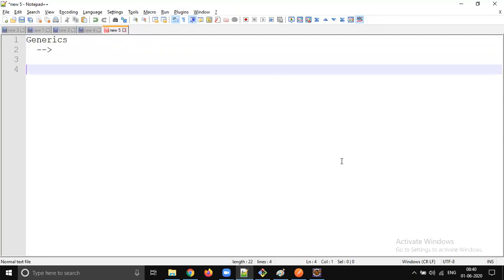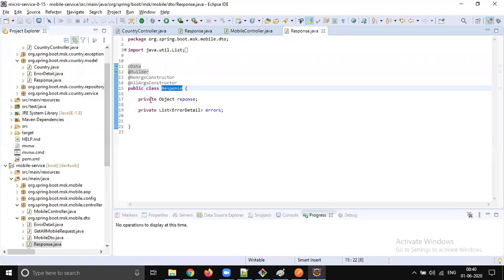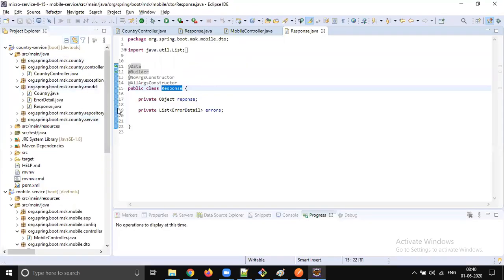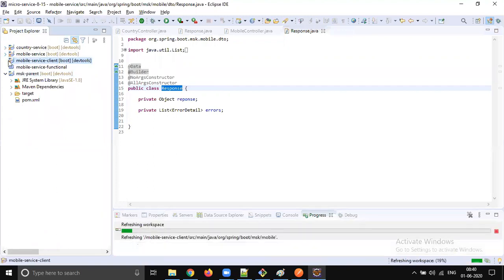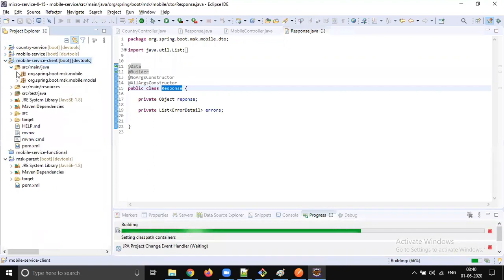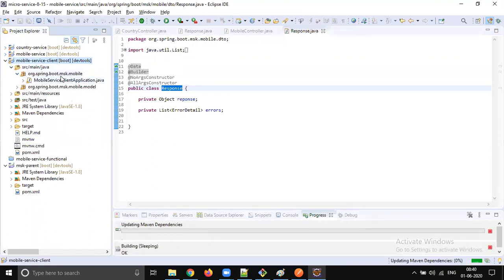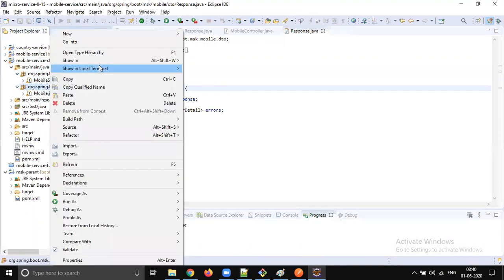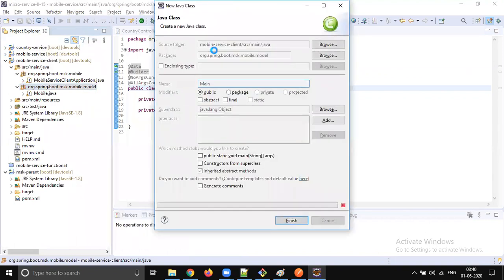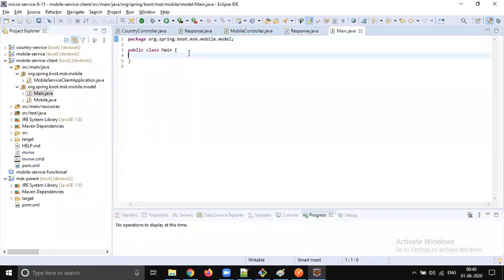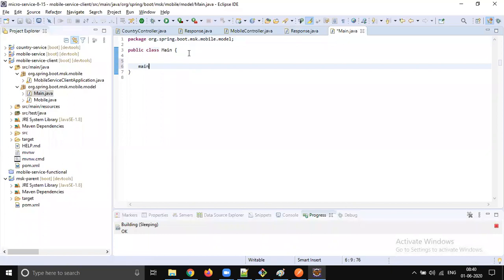So for learning purposes, let's quickly write a separate main class in the client to understand what generics are, why they are used, and how they are going to be used.